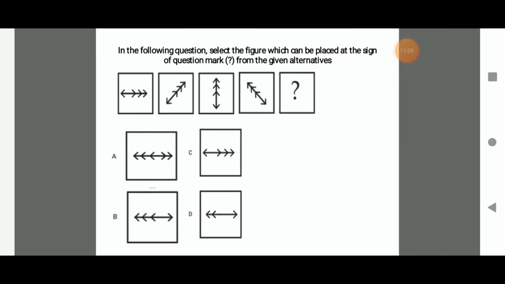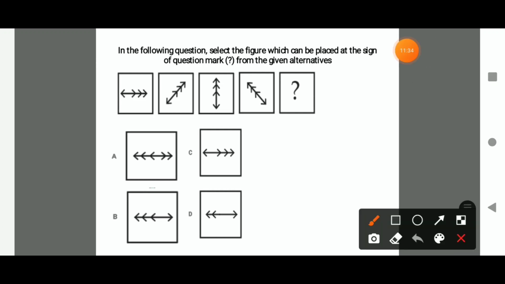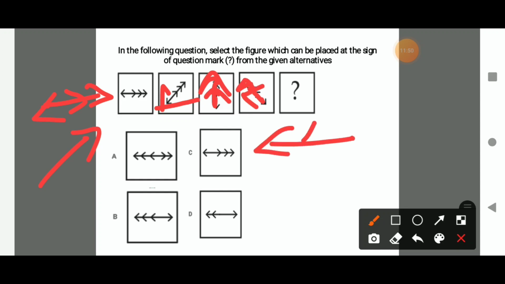So this is the image rotations. So here the image is like this, here the image is like this. So next it will rotate clockwise direction with 45 degrees. 45 degrees only. Here the image arrows are all like this. Here arrows are all like this. So the next image has all arrows like this, and this is like this.